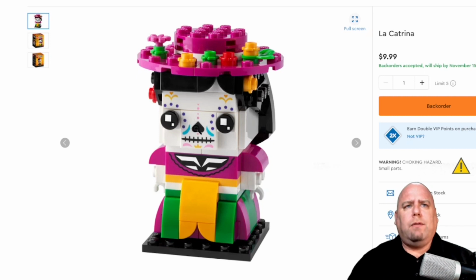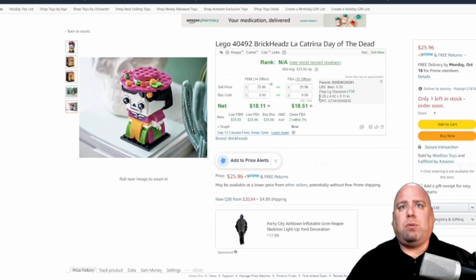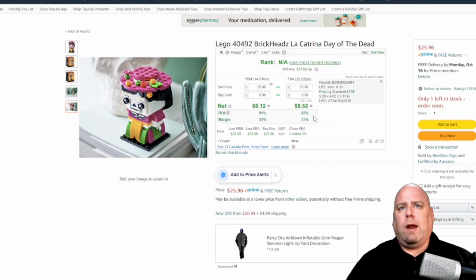But if you notice the pieces in here, the colors and everything are very unique to this. So my guess is that to produce this over and over again is probably going to be really difficult for Lego because of the nature of the colors and the different prints that are on here. I think it's going to be something that's unique. Could this be a set that's a winner? I don't know. I can't promise everything, but if you got this for $9.99, right now it's already